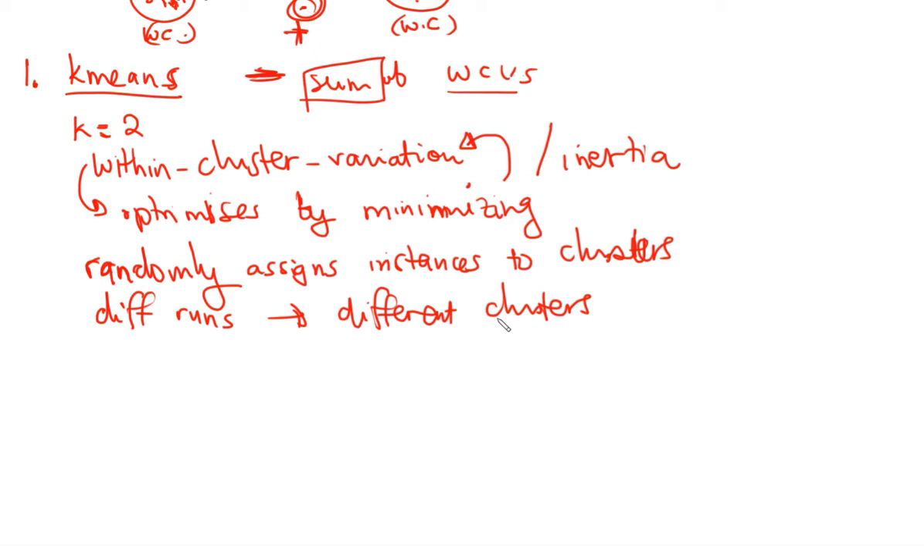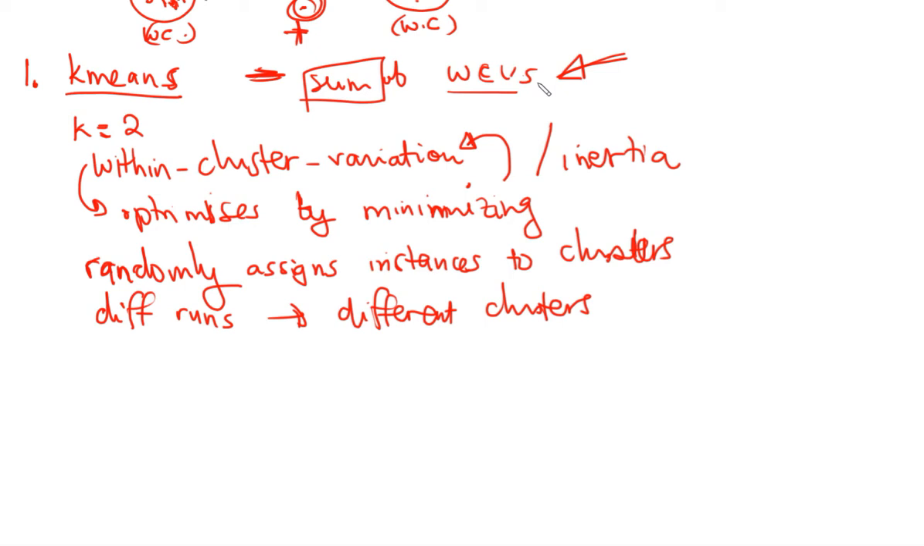But what you can do is you run it multiple times. You run k-means multiple times from start to finish, and then you are recording each run. You are recording the results of each run and the clusters for each run, and the within cluster variations, the sum of the total of the within cluster variations, and you choose that run that had the lowest total sum of